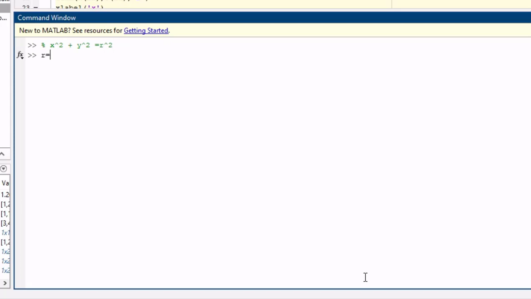Now we assign r equal to 10. We have derived the equation for y.